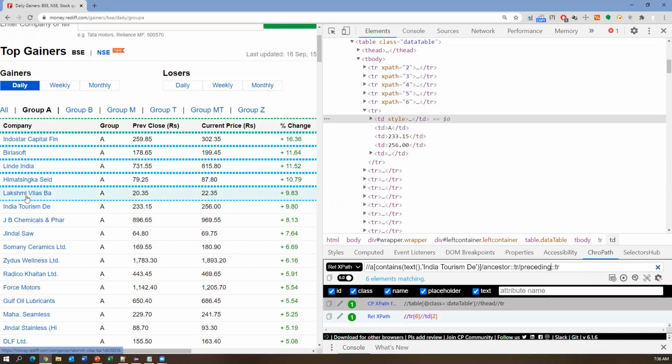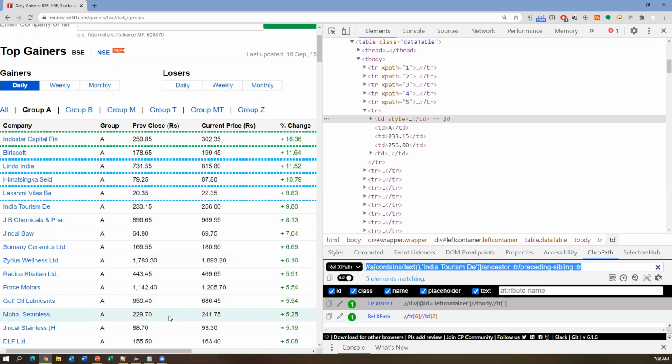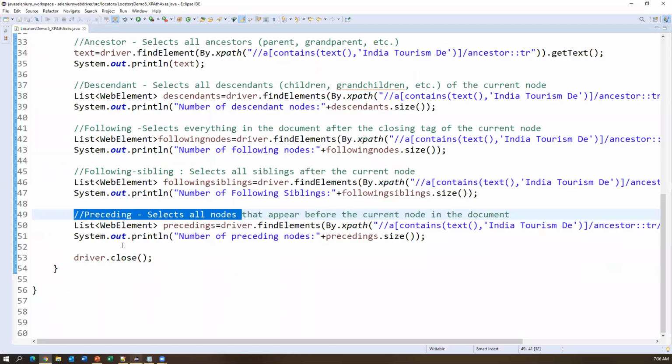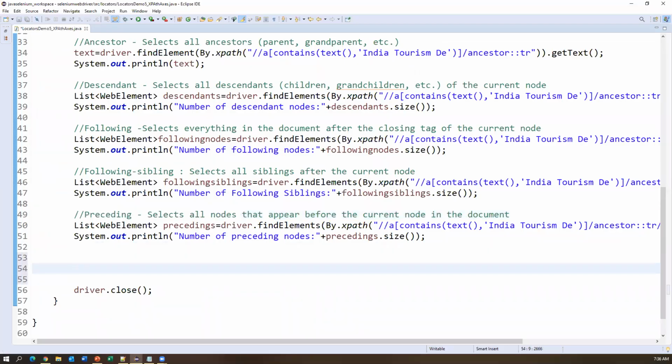When I say preceding sibling, among the preceding nodes it will find the siblings of this element and then return them. So with preceding-sibling, for the same element it is returning 5 elements. Now capture this XPath.